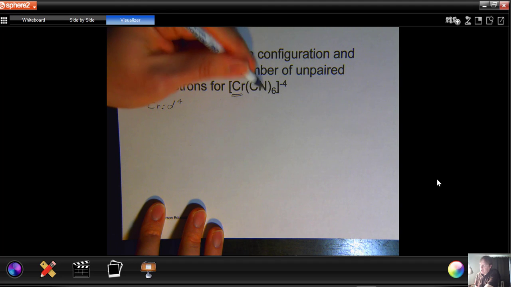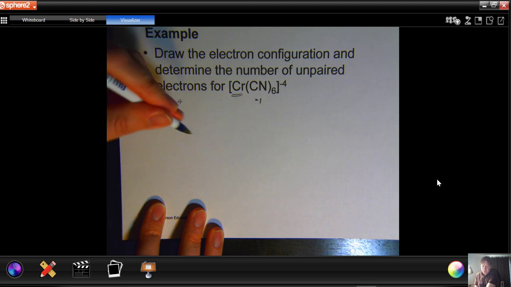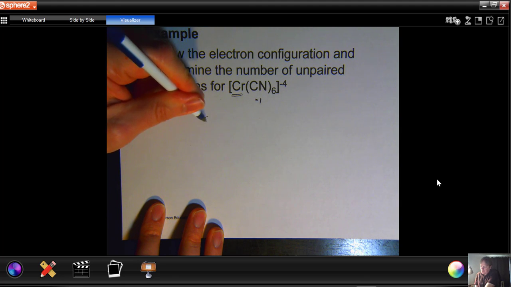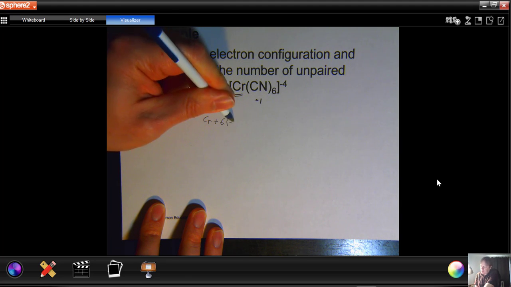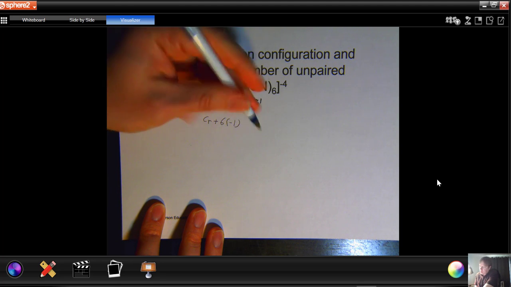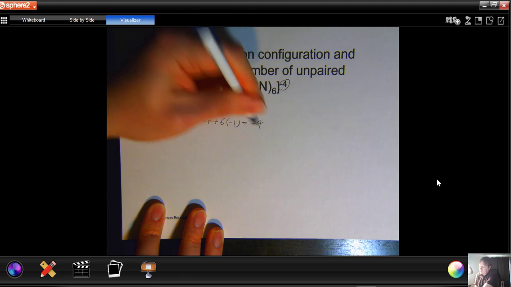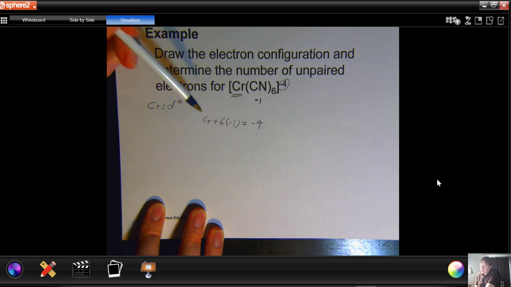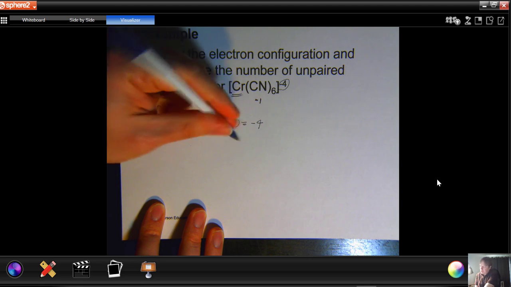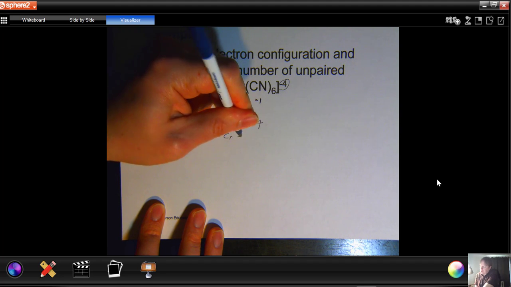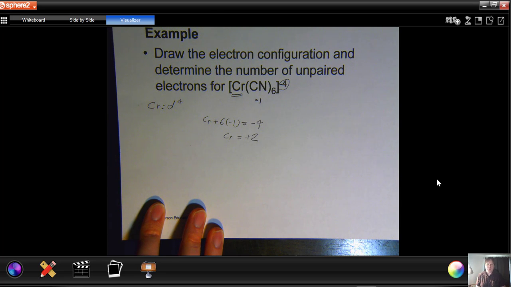So in order to do that, we recognize that for cyanide, we have a -1 charge. If we want to balance this out, we have whatever the charge is for chromium, we have 6 cyanide ions, -1 charge for each of those, and the whole thing has a -4 charge. Okay, so that's what we have. Whatever we have for chromium, minus 6 equals a minus 4. So if we do the math there, we see that chromium is going to have a plus 2 charge. So the chromium is going to lose 2 electrons